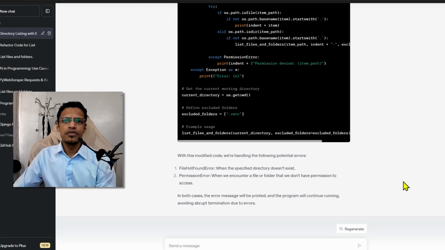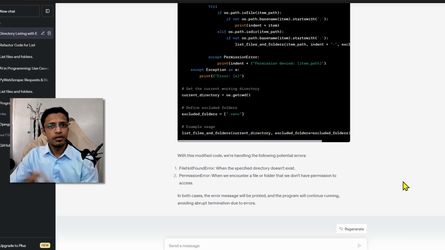Alright guys, so these were 5 of my use cases when it comes to AI, especially in the world of programming. Let me know what you use AI like ChatGPT for, and if you actually use these 5 use cases